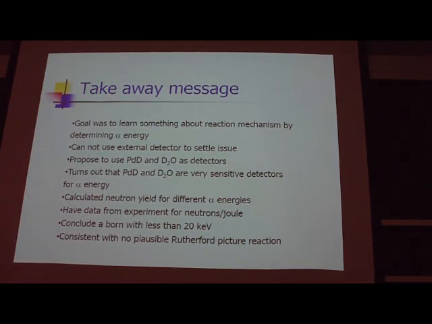We can learn something about that reaction microscopically by measuring the alpha energy. Hard to use detectors, but we can make a palladium deuteride Beer detector. We can also make a D2O Beer detector. Exquisite detectors, we calibrate it, so theoretical calibration has been established. We conclude that the alpha particle is born essentially standing still. Namely, this is consistent with the 2 Ds coming together, making an alpha, and the alpha sitting in the same place. This is essentially, from a nuclear perspective, basically that the helium-4 is born stationary.